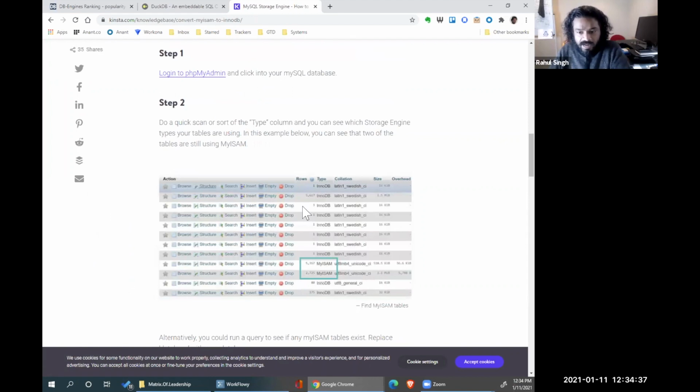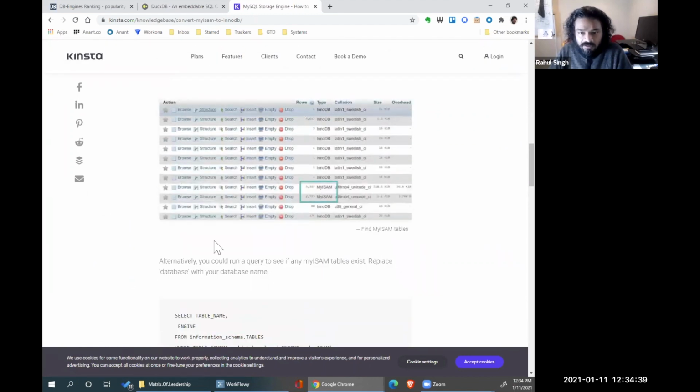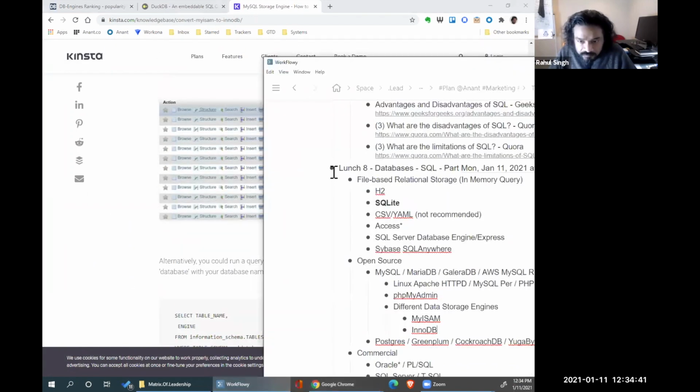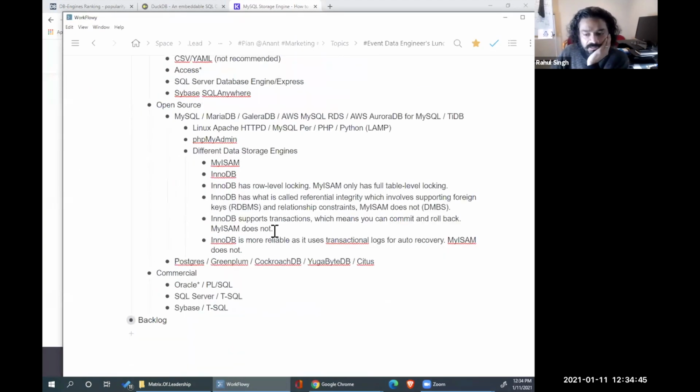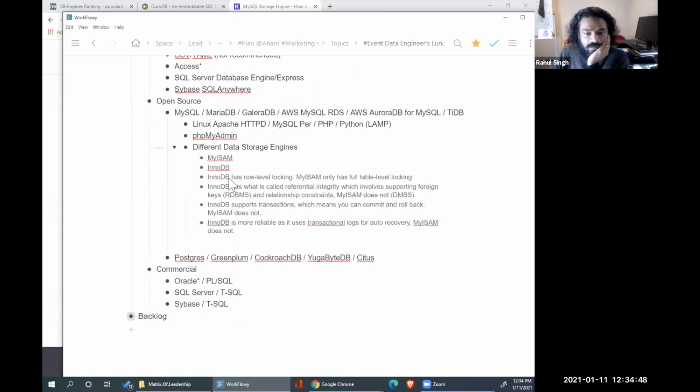Here's phpMyAdmin. That's what I was telling you. It's a web-based interface. I'm going to save that in here, and we can put this on the blog later on. Cool. Going on to Postgres.